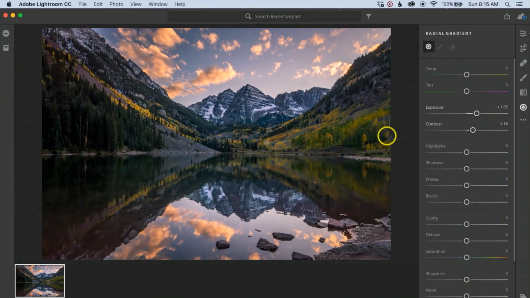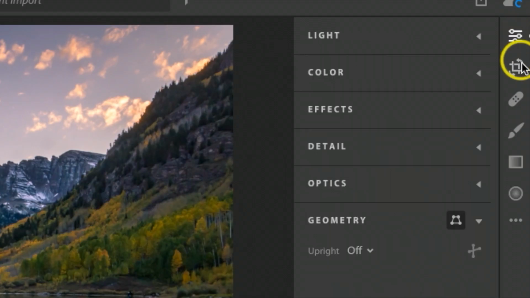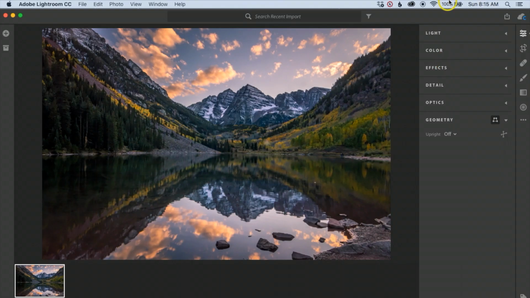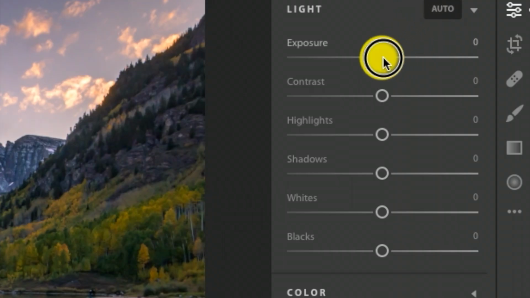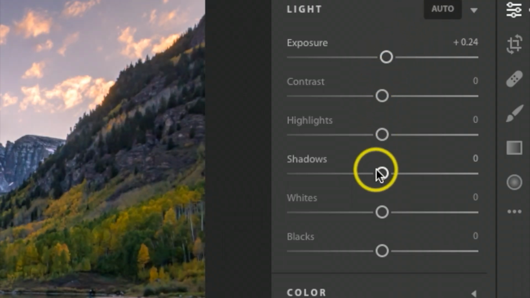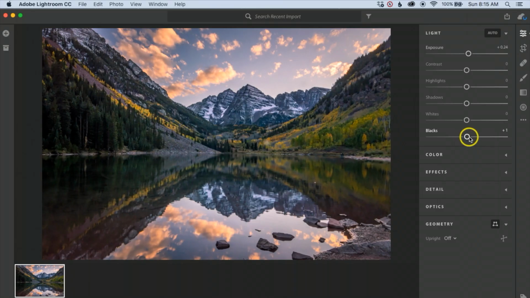Okay, now for the basic editing, if you come over to your right side, I do already have a window up here, but you're probably going to see this right here. If you click the three little lines right here, you'll see all your editing controls on the left side here. So what I'm going to do is click on these little tabs here. And right here I do have the options for my exposure, contrast, highlight, shadows, whites, and blacks. So you do have basically a lot of the same features that you would have in the Lightroom CC Classic,